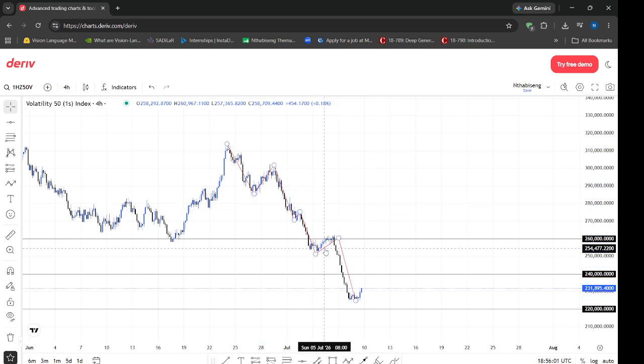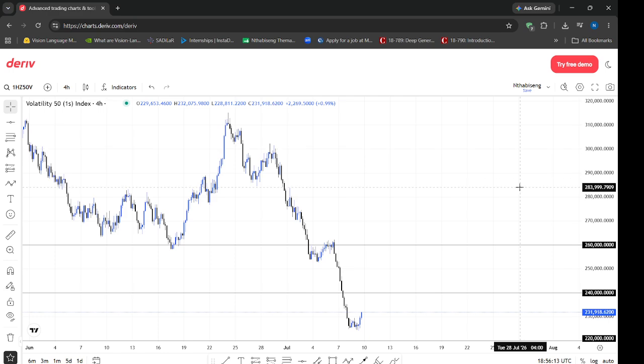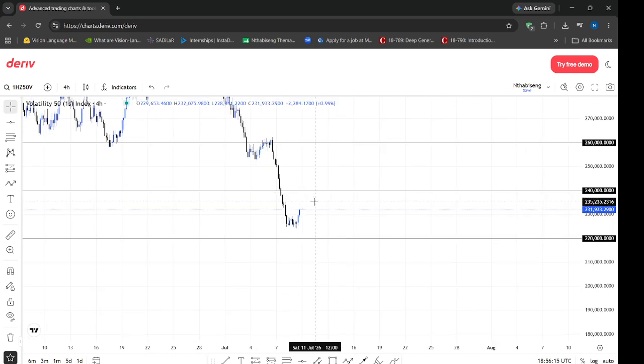So the next question is, where can we expect our next trade? Remember, we do not trade against the trend, so we are currently looking for sell positions. We can also see that the market broke the psychological level of 240 impulsively, and it's currently going back up. It means the market might have to go back to the psychological level, retest it, and then come to this psychological level right here, because it's currently between the 240 and 220